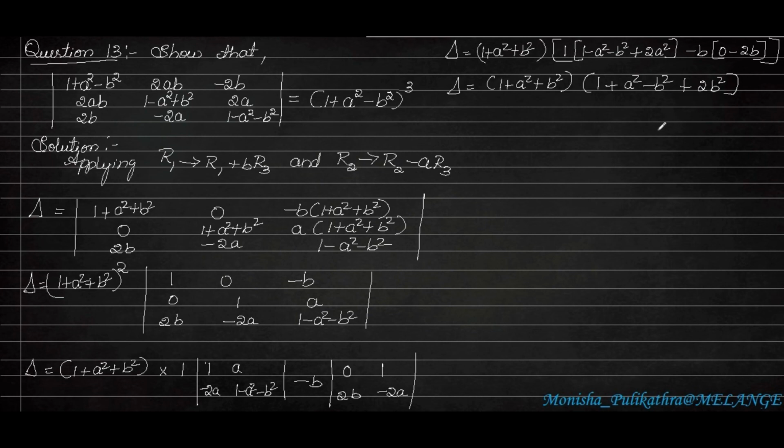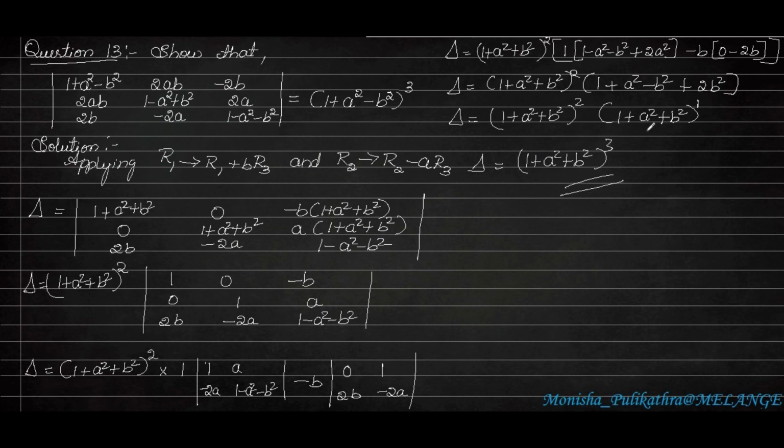So here we will get delta is equal to, here an A square term is there, sorry I have missed it. So an A square term is here because we have taken it from two rows. So 1 plus A square plus B square whole square is there. Next, minus B and plus 2B will become 1 plus A square plus B square. So same answer we got. So 1 plus A square plus B square whole square with the power of 1 will become 1 plus A square plus B square whole cube.